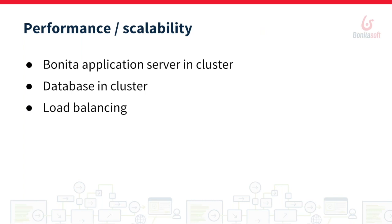Performance and scalability. When you deploy the server and people start using the application you design and deploy on the server, you might attract the attention of other teams, or the teams have different needs. They want more applications. They might need to optimize the application. So you might run into the scenario where you deploy more and more applications on the same Bonita server. So you will have to scale the server. In terms of that, you might have more traffic. You might have a need for more database size, and that will need your team to reconfigure the server, reconfigure the database server, and so on to handle the new traffic or the